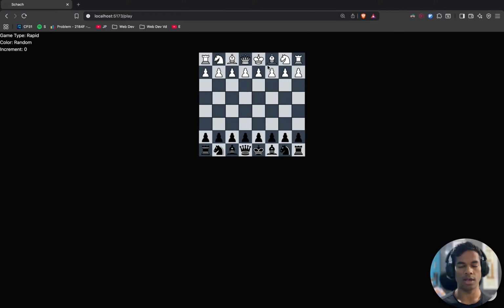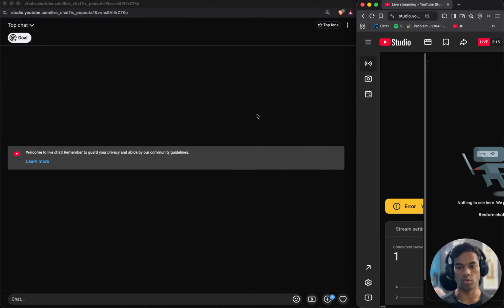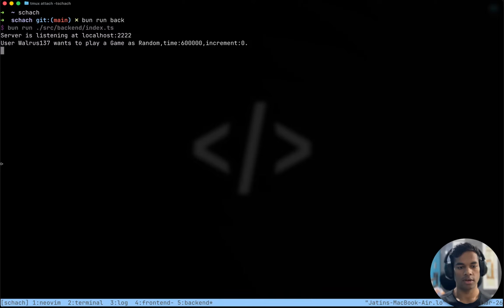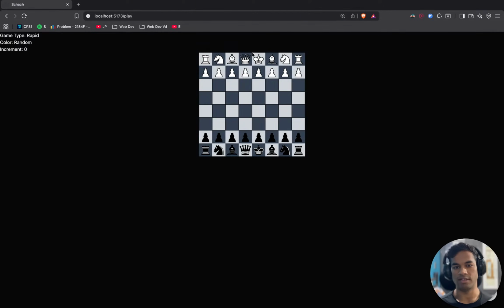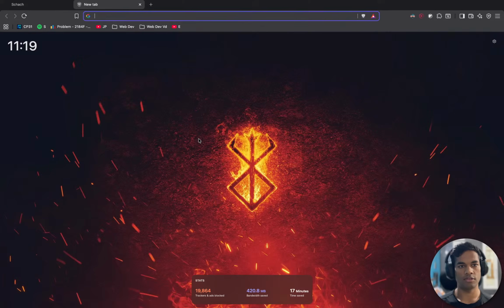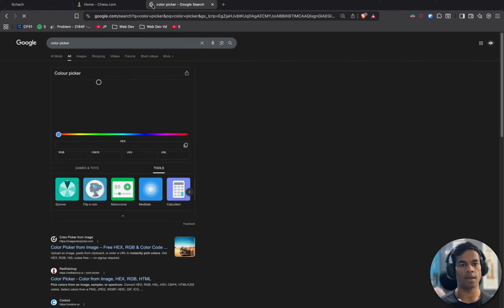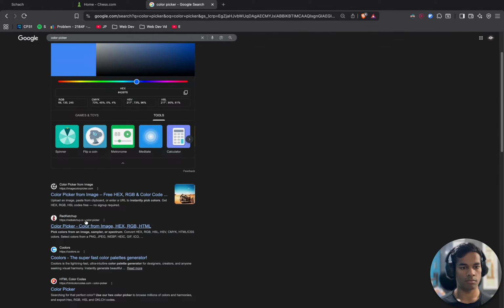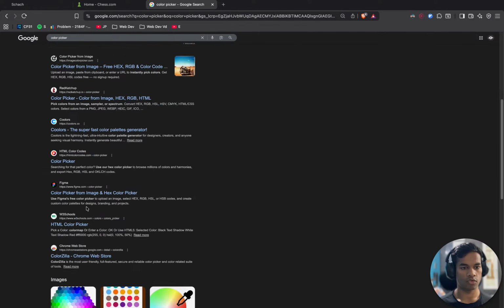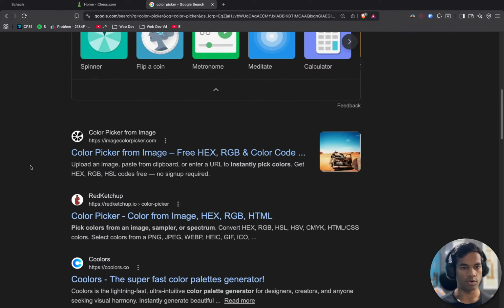Okay, now we have to make this UI interactive, like cool, so that we can make moves. Let's see. And I want to change the color of these squares to match chess.com. Color picker. Which one is the good one?